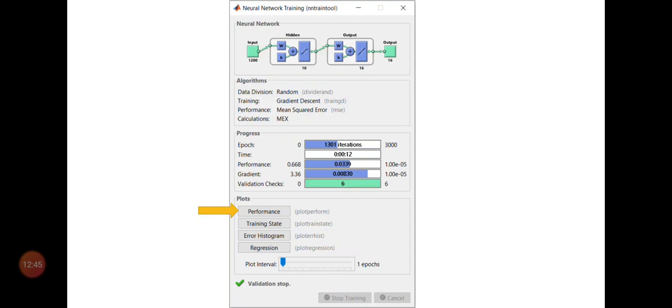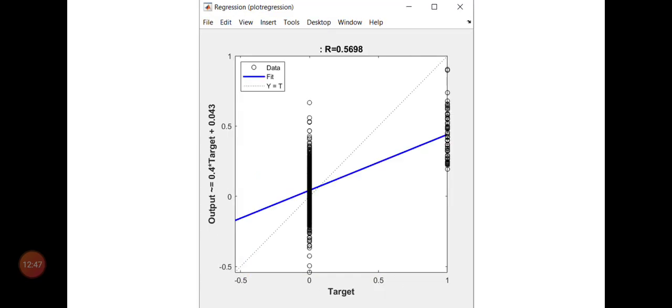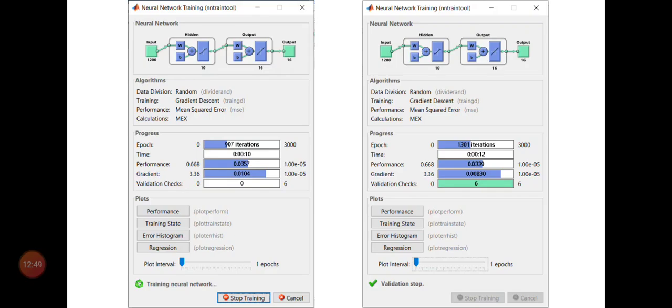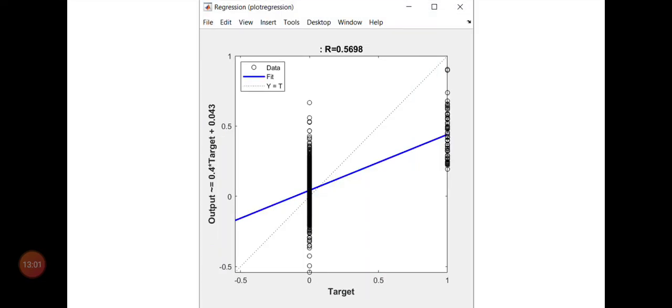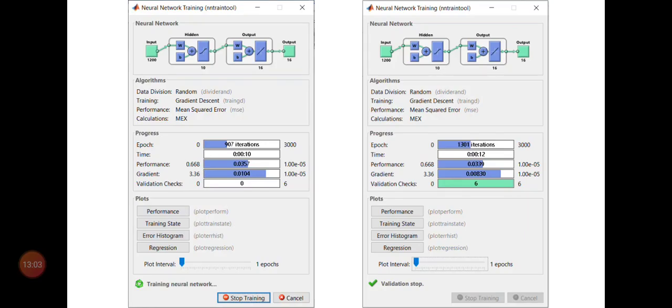So after this, that you have checked in this particular slide, after completion of the total training of the neural network, you are going to get the second image from this slide. So here you can see there are 4 plots that you can generate after the total training: performance, training state, error histogram, and regression.